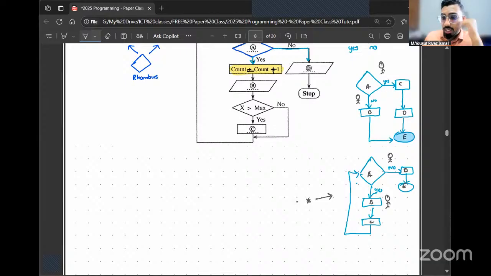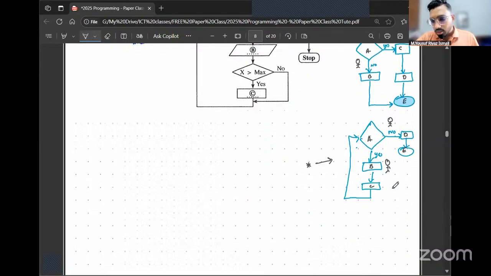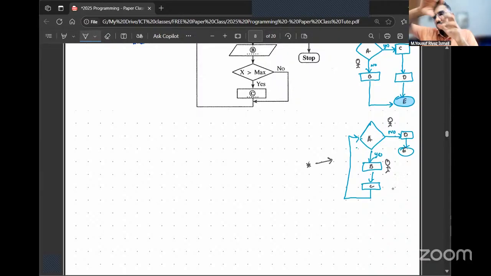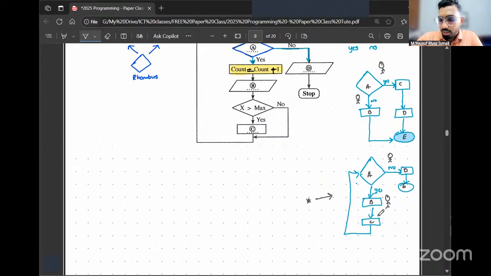I'm not saying meeting at the beginning. I'm saying they have already gone in the yes direction, and one fellow has gone in the no direction. If both of them have now gone in both directions, can they meet? Not at the start point. Obviously, at the start point they'll meet, here also. I'm not talking about the start point. After they met at the start point, they're going to go in two different directions. After they go in their respective directions, will they meet? No. After they go in their respective directions, they will not meet.